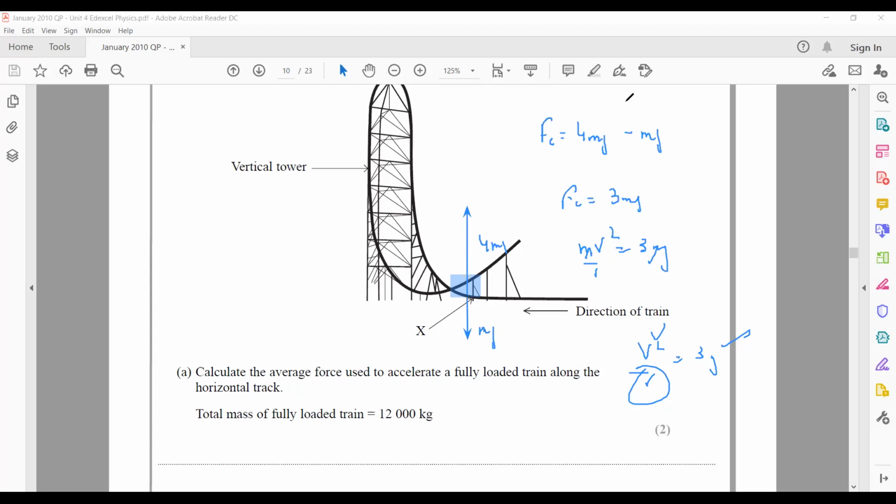Yes, sir. Is it clear, the concept? Because what happened, as it entered a circular path, there should be a resultant force toward the center, or centripetal force. The reaction force is 4 mg and the weight is mg. That's why the centripetal force will be 3 mg. And centripetal force is 3 mg and the speed at which it entered the track is 57. So we can find